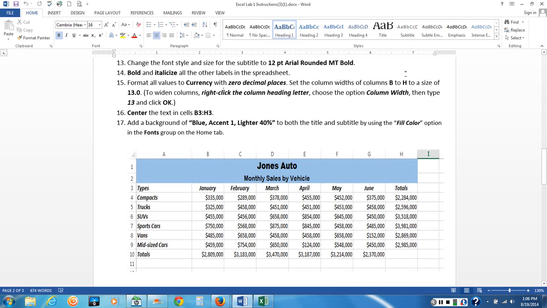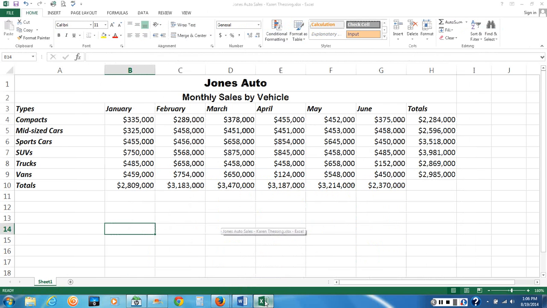And we need to set the columns of B to H to a size of 13. So I'm going to bring up my Excel file. And what you do is if you point to this line that separates column B and C, left click, hold that mouse button down, notice the width. You will see the width as a number in characters or in pixels. We need a width of 13, so if I drag this and see 13 and I'll let go, that's a